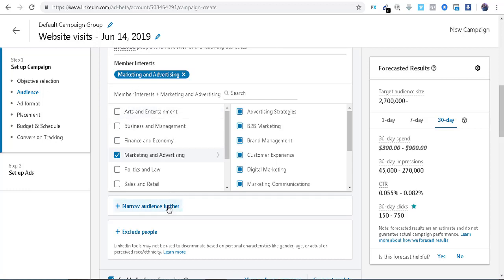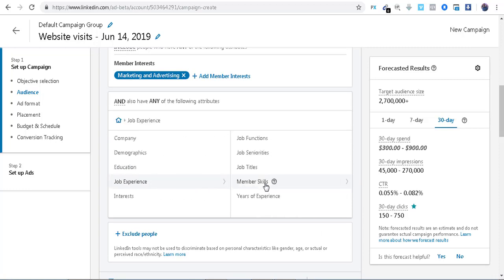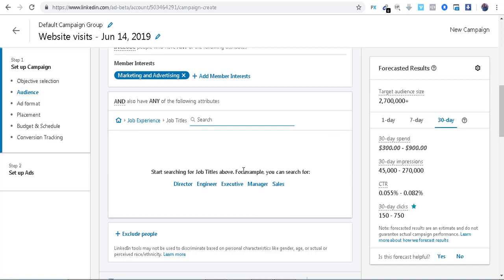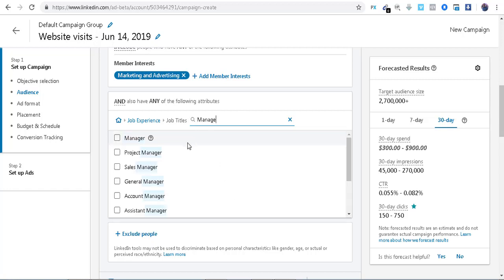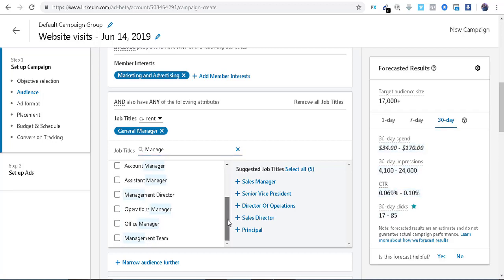Let us get the managers. Job experience, job titles. Yeah, managers. Depending on the people you are targeting. So I can decide to go for the general managers and any other